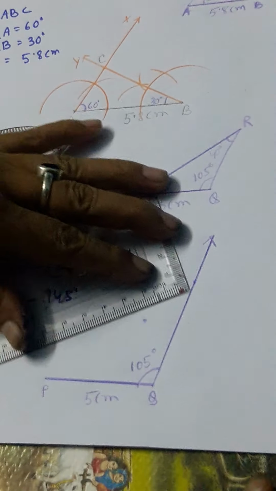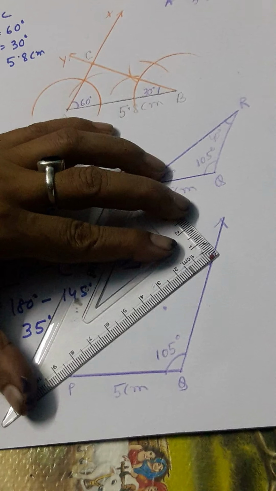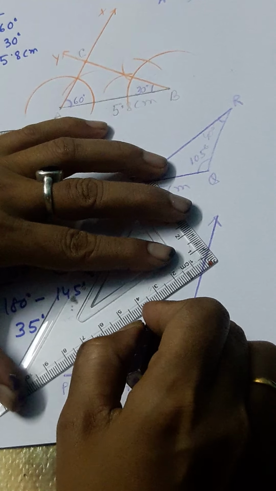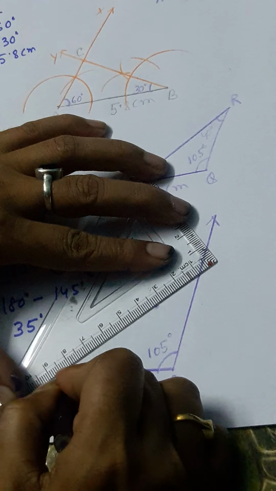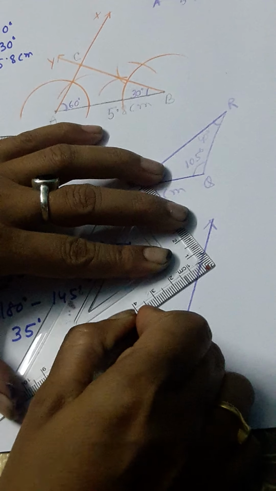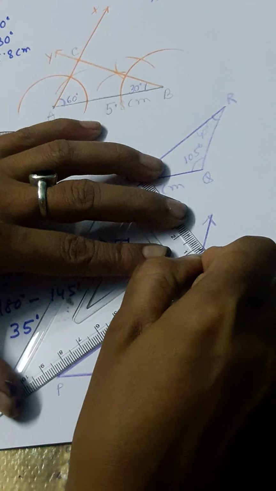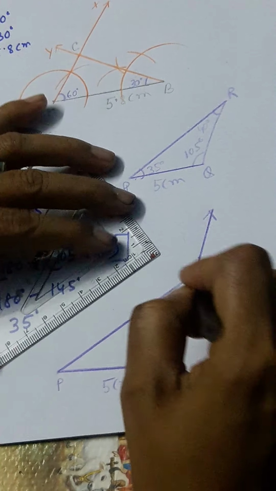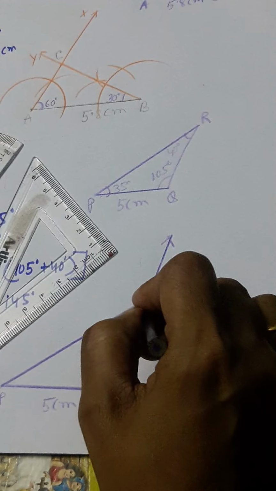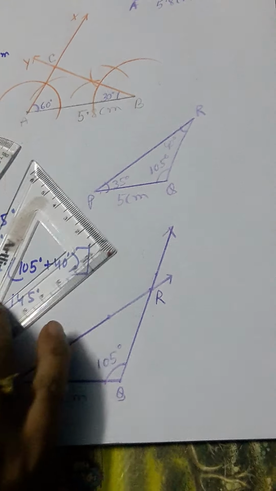Now I will add it and I will extend this line where it will cross that ray. Okay, let's set it properly. This is the point we have. Yes, we will add it with P. Yes, good. Extend this one. Here at this point the two rays intersect each other, so that point is named R. And the measure of this angle will be 40 degree.